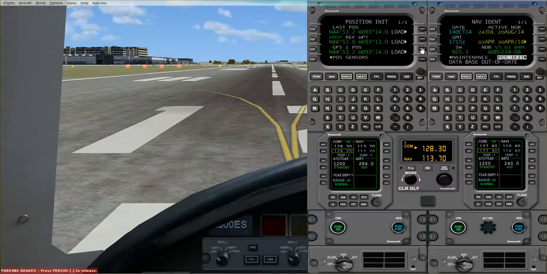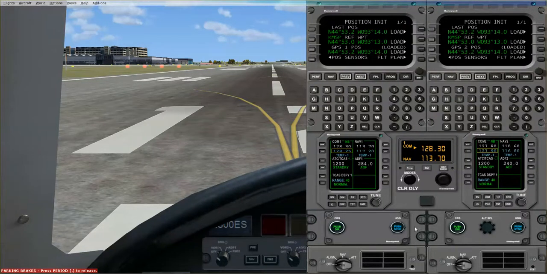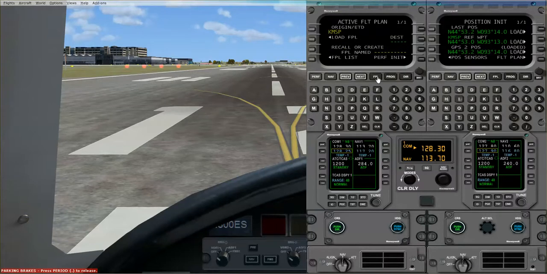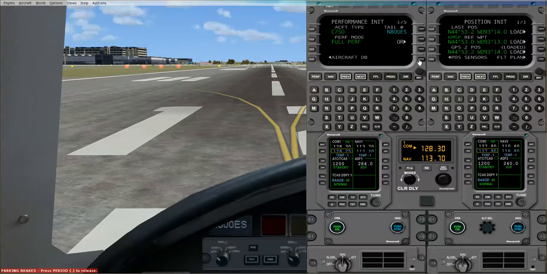Clear, load, clear. You have to do them for both. Then go down here and do the test. That'll prevent about a 5-minute takeoff preparation. So next thing you do is go up to your flight plan, and what I am doing is using this through Microsoft Flight Simulator. I've set up a flight plan already. Do the performance initiation, go through here, check the fuel,